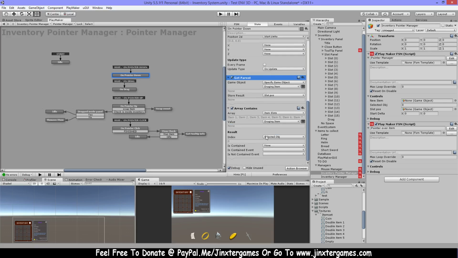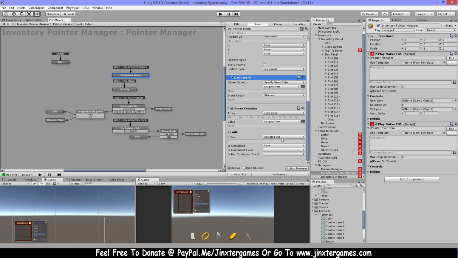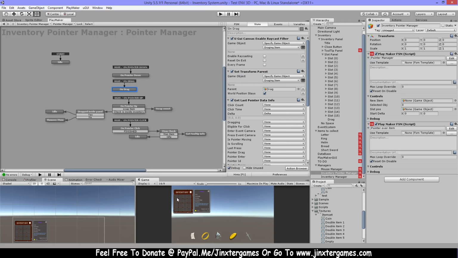Okay, so I think I can move this away already because I disabled the other stuff. I have to check that later. So it might be that I don't need this. So that was on pointer down. Then on drag, so when I'm holding something,